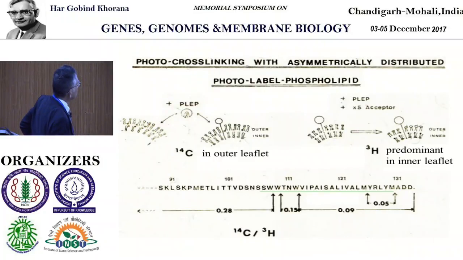And then I also made tritium-labeled phospholipid predominant in the inner leaflet, taking out the outer leaflet radioactive protein, diluting out the outer leaflet phospholipid, photo-labeled phospholipid by adding acceptor here, and cross-linked separately, mixed them together, and used chemicals to get the fragment. And the CO ratio clearly showed a higher CO ratio at the N-terminal side with a gradient of going down,